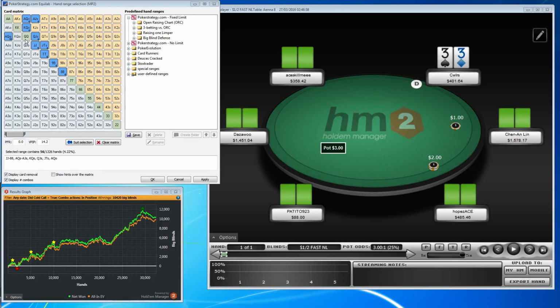So in very early position, it might narrow everything up. It might fold this hand, for example, against the 3x. It will definitely 3-bet some hands, and it might call as narrow as this against the 3x sizing. Against 2x, it might call a bit wider. Also in early position, it likes to 3-bet more playable hands like these ones, and then just fold to a 4-bet, because it's trying to fold out hands behind. But this is about 3-betting really. But